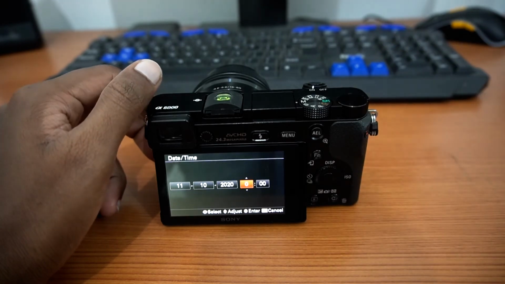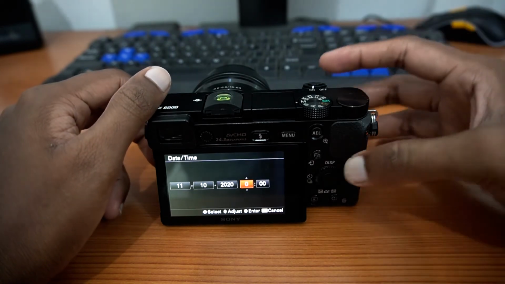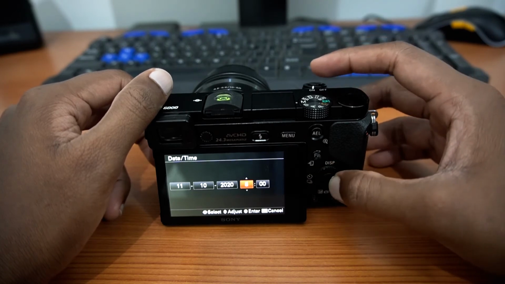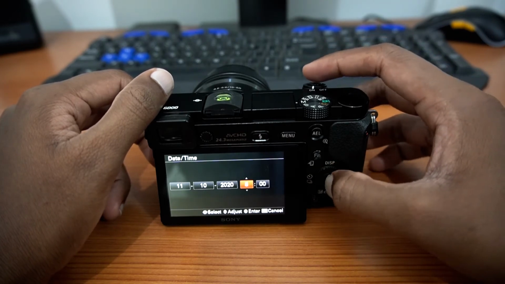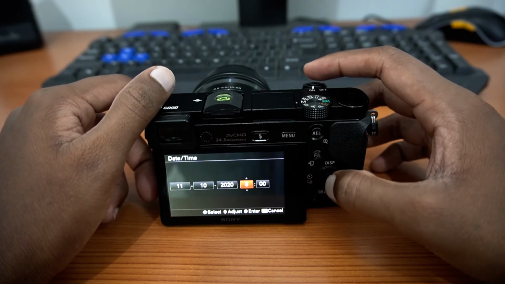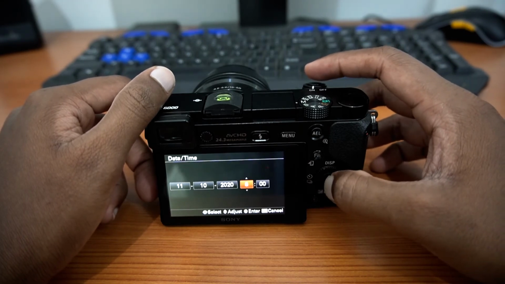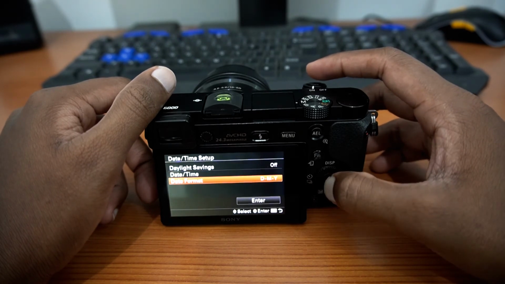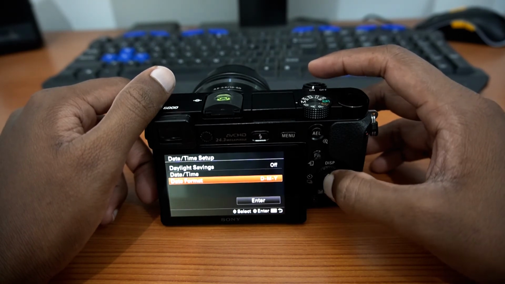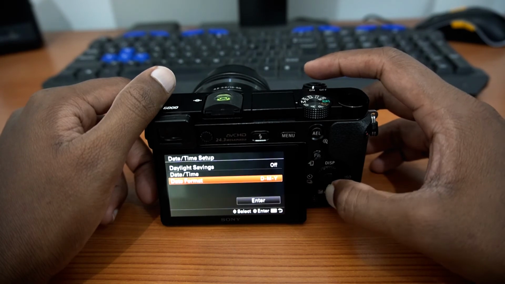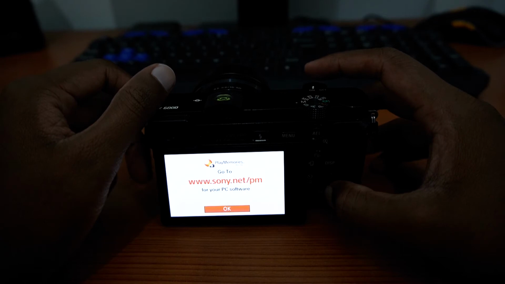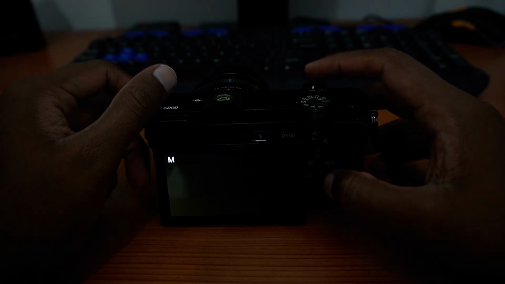And now I select my current time. To click enter, I press the middle button over here, and I am happy with the date format. It says date, month and year format, so I keep it as it is and click enter. Okay, I press OK again.